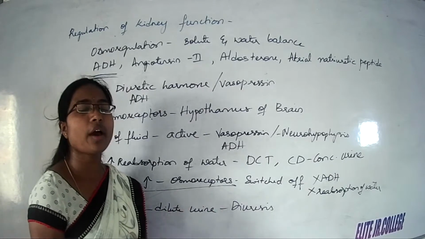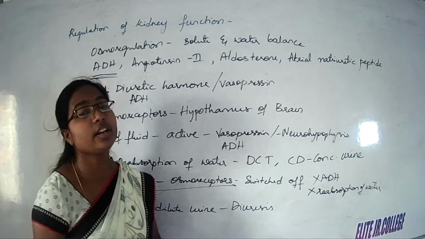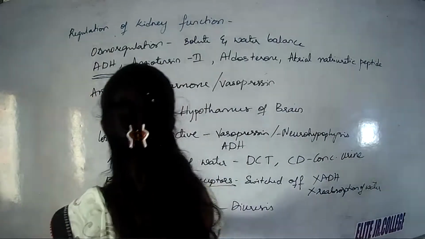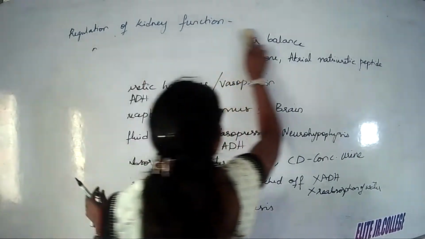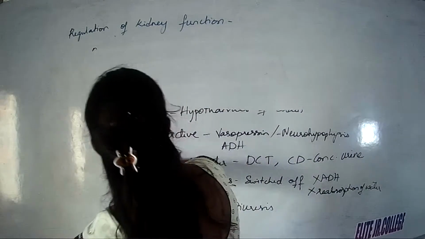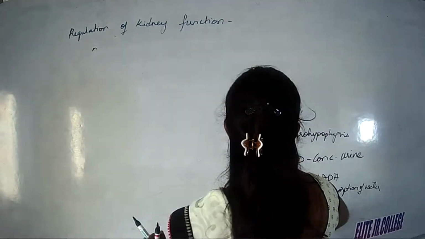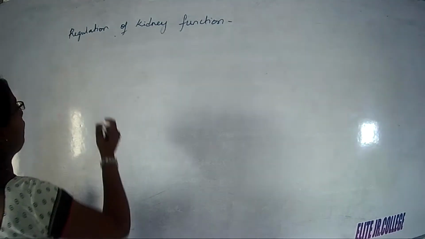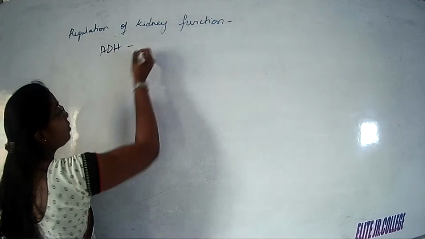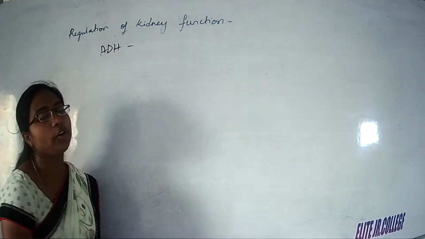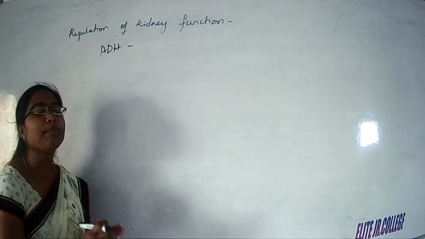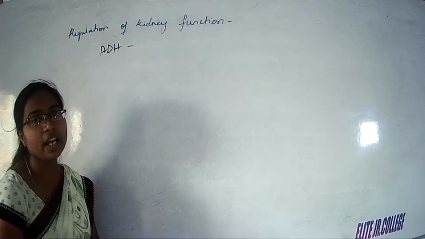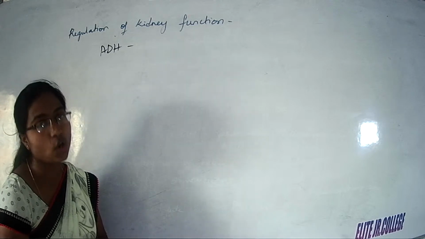Let us learn what is going to happen if ADH is not produced or if the receptors of ADH are not working properly. So, if ADH is not produced in proper amount, or if the receptors for ADH are not working properly,